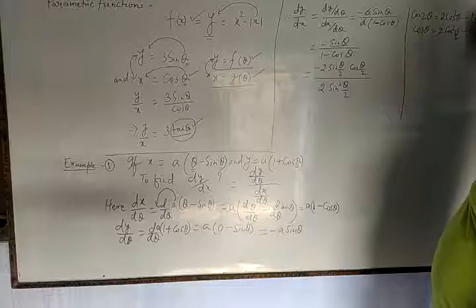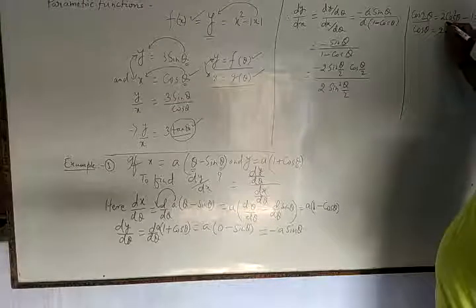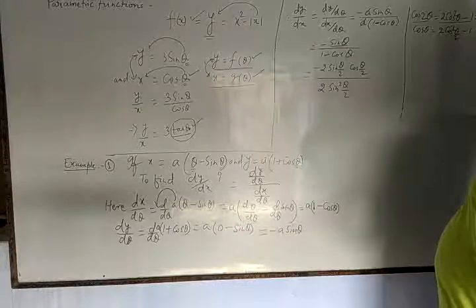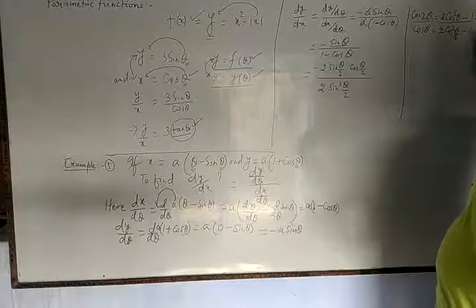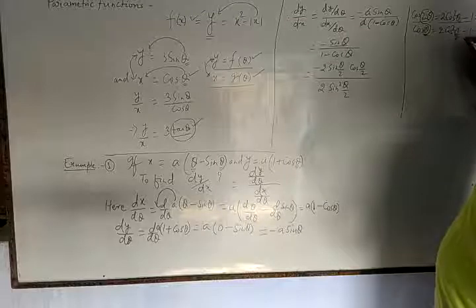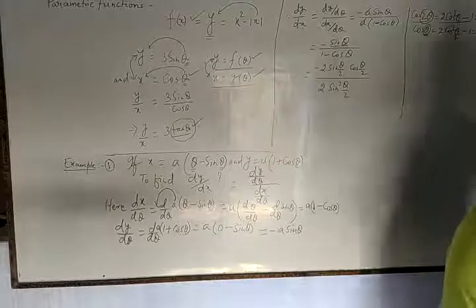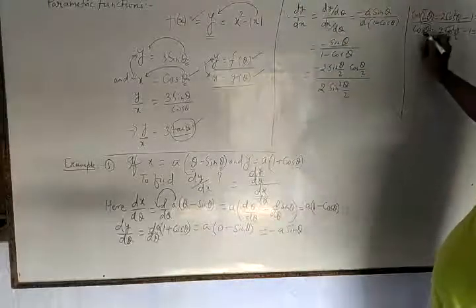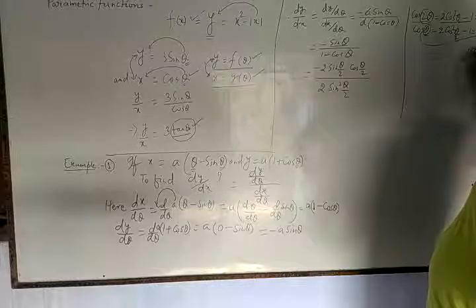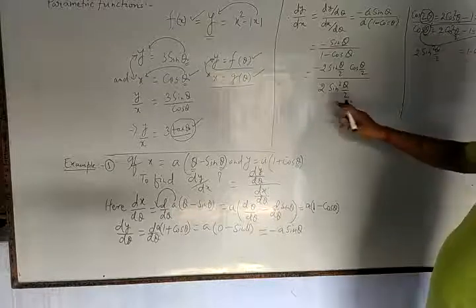And it was equal to, recall from the concept of 11th trigonometry, we can write cos 2 theta as 2 cos square theta minus 1 or 1 minus 2 sin square theta. So if we are taking 2 theta here, so here theta, then we can write theta by 2: 1 minus 2 sin square theta by 2. So what should be there? If you take cos theta this side, that will be 1 minus cos theta, and that we are taking this side. So it will be 2 sin square theta by 2. So we are writing it here.